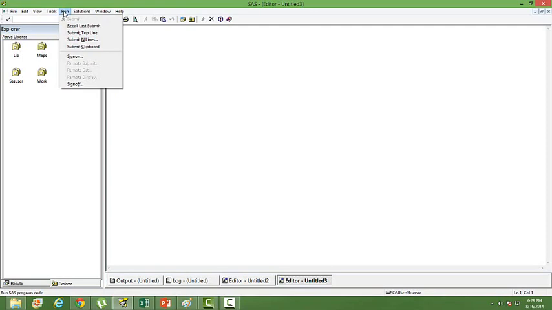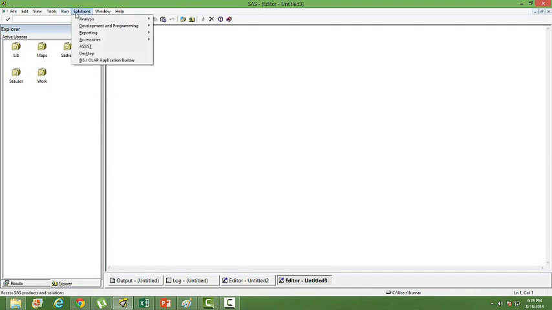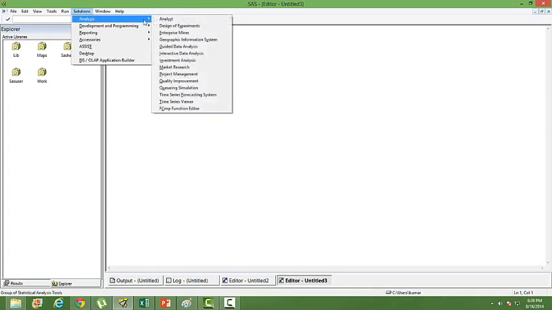You can run the code by clicking run here, but of course there are other ways of doing that also. And then in the solutions tab, you have so many inbuilt statistical features that you can use to analyze your data. I mean, design of experiments, interactive data analysis, market research.